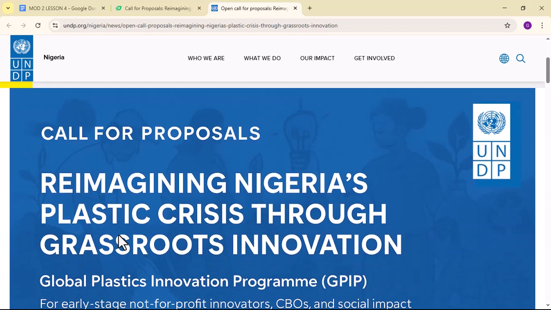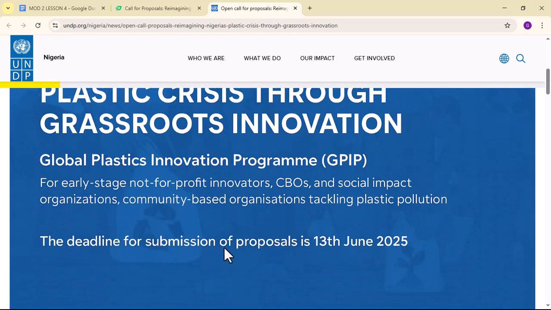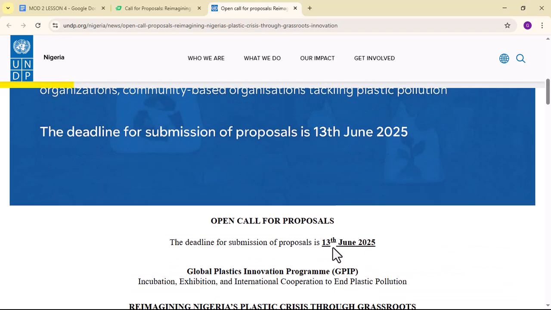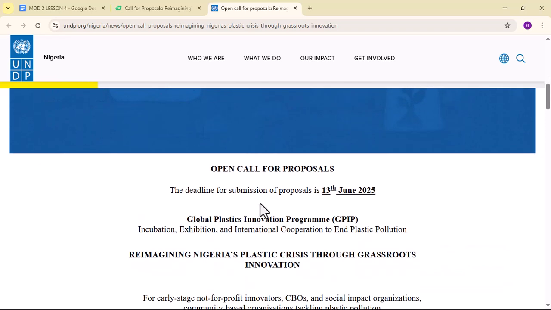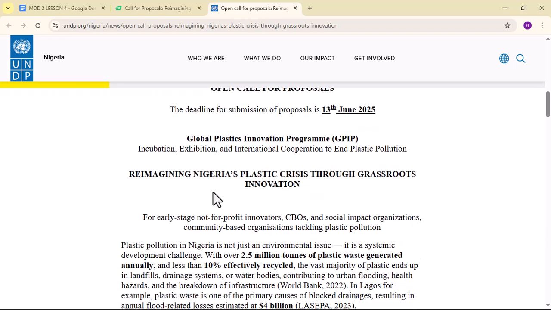Now, we see the deadline for submission, we have seen this is June 13. So that means that you must be able to submit your proposal about your project before this time, right? On or before this time. So now, okay, and we are looking at this. Okay, it's very important also for you to know that this particular project is for early stage non-profit